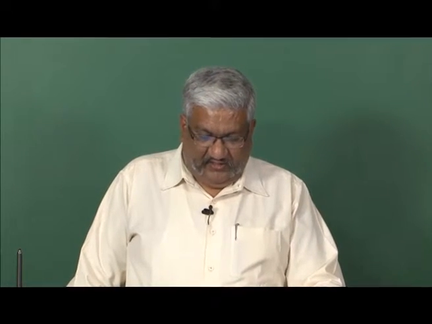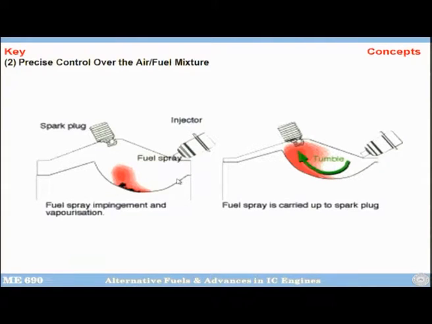So in an engine, the piston is hot. Okay, you inject the fuel, so the fuel will hit the piston bowl, and the heat from the piston will be absorbed by this fuel. So the fuel vapor will form and then it will rise, and because of this tumble motion also, this fuel vapor will be pushed towards the spark plug. So fuel spray impingement and vaporization is shown here, and then carrying this fuel vapors to the spark plug is shown here.